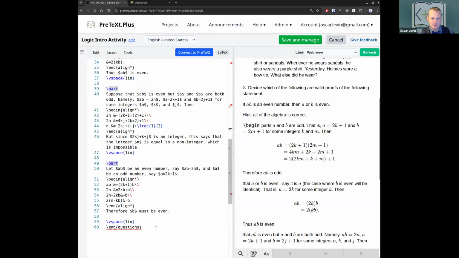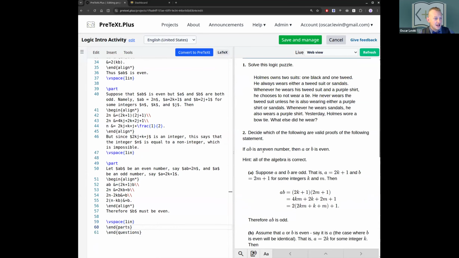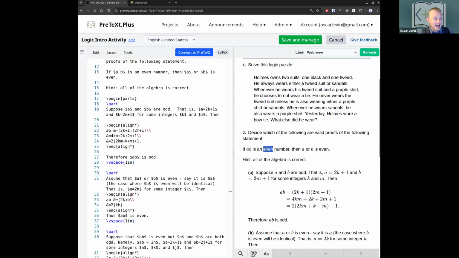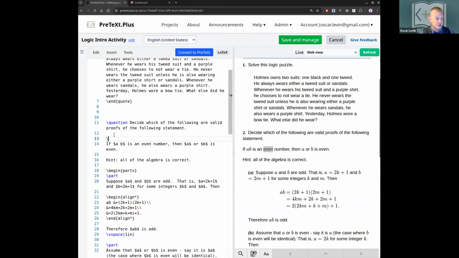You start to feel like some sort of super spy. You do this. I need to end my parts. Okay, that's looking much better. Maybe I want to actually say that this is a quote. So I get that same sort of